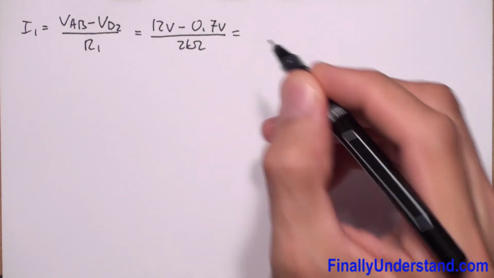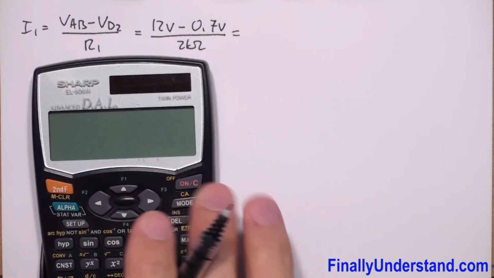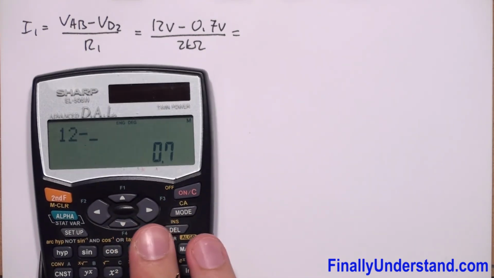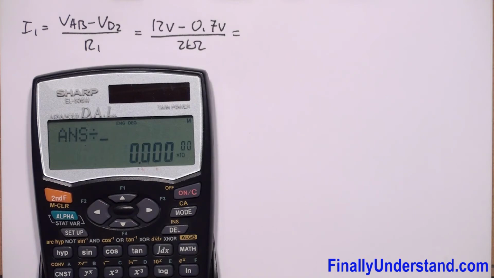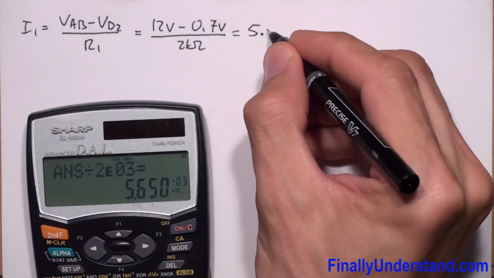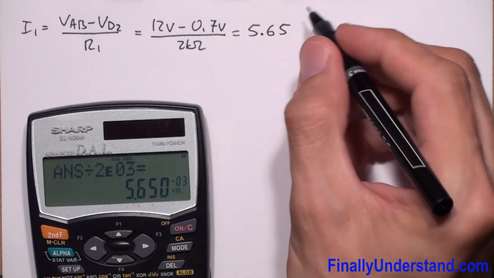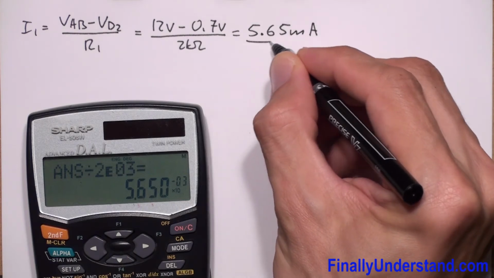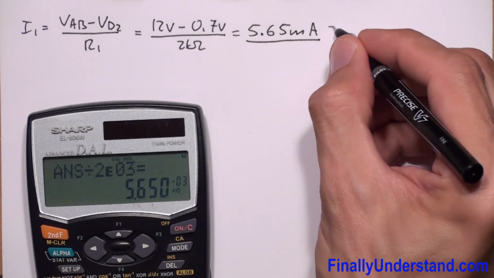So this is equal to 12 minus 0.7 divided by 2 exponent 3, which is 5.65 milliamps. Okay, so this is the current I1, and this is my current also